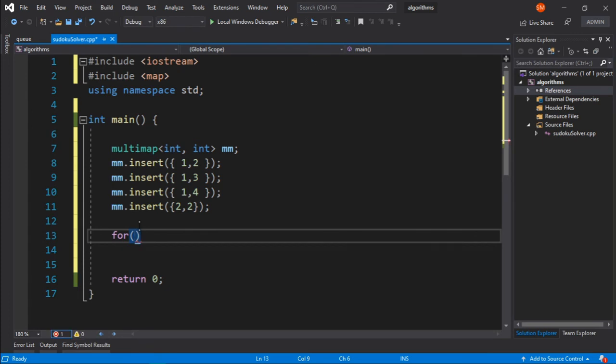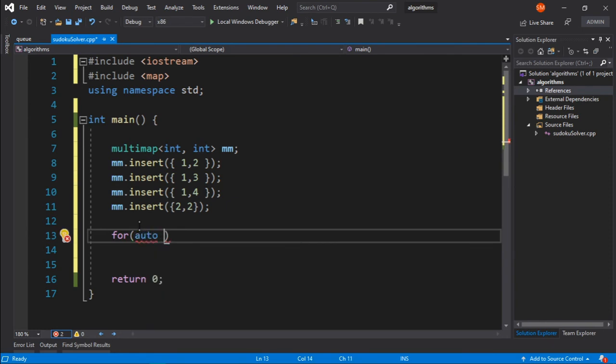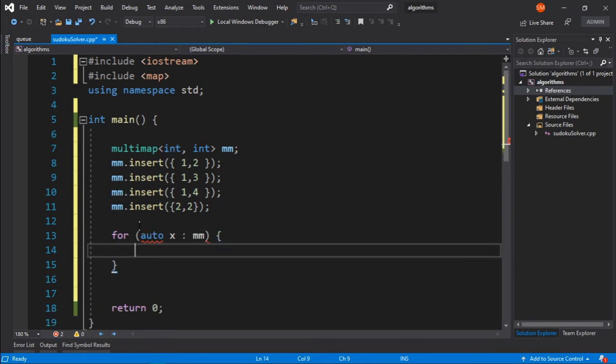We have already shown those kinds of loops in previous videos, so I'm not going to bother with that, but I can simply say auto x is our entry in our multimap, and then we can say cout x dot first and then x dot second.